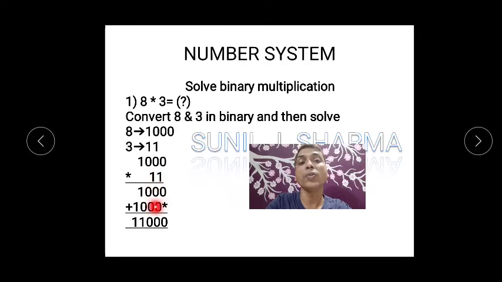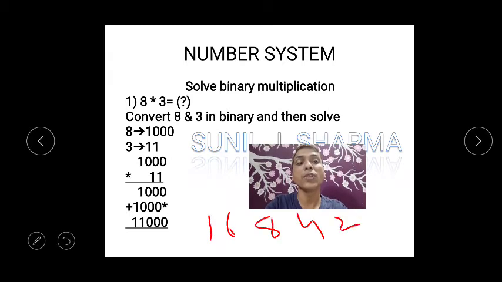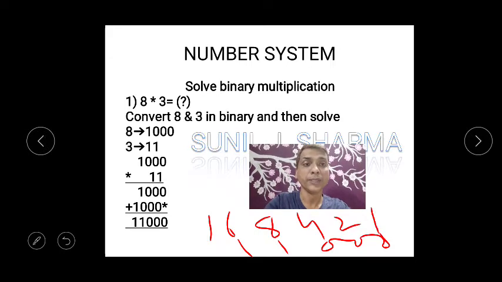Now again you have to write this. Now you have to follow the same rules, 0 0 0, 1 plus 0 is 1 1. Now when you solve this, I think this is nothing but a 24, because 16 plus 8, I think you already know the shortcut methods, 16 plus 8 plus 4 plus 2 plus 1. So can you see this is your number, so this is nothing but 16 plus 8 is 24. So this answer is correct.